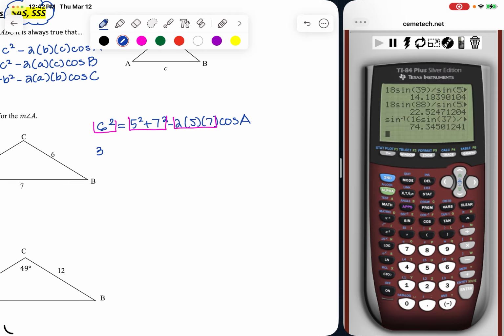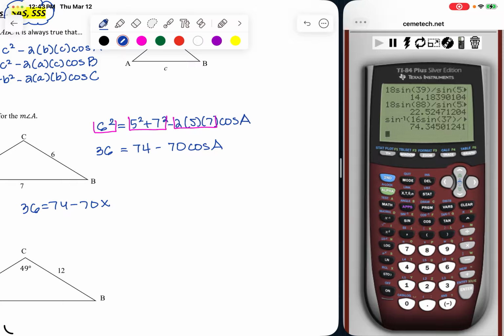So I want to know what 6 squared is, which is 36. I want to know what 5 squared plus 7 squared is. That's 25 plus 49, and you can use your calculator, which is 74, right? Minus, I want to know what 2 times 5 times 7 is, which is 70 cosine of angle A, right? So now imagine instead of cosine of angle A here, you had 36 equals 74 minus 70x,